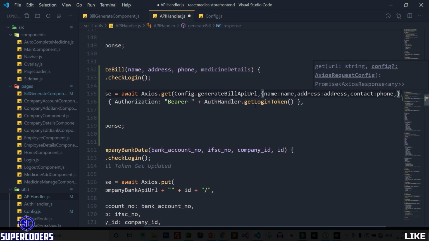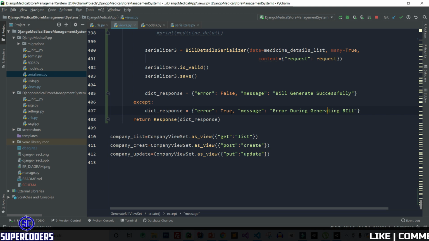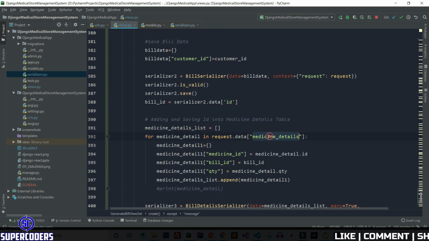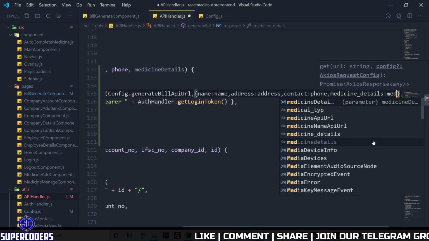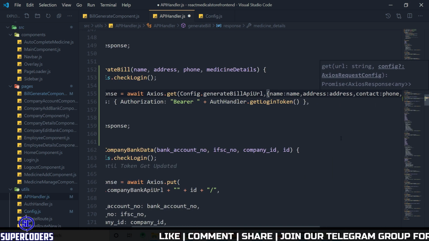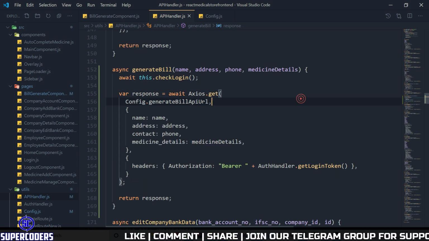After that we need to pass the medicine details. So let's see what we are accessing the data. So here we are accessing the data in medicine details, so copy the medicine details object name, pass here, and here medicine details data. Now save it.